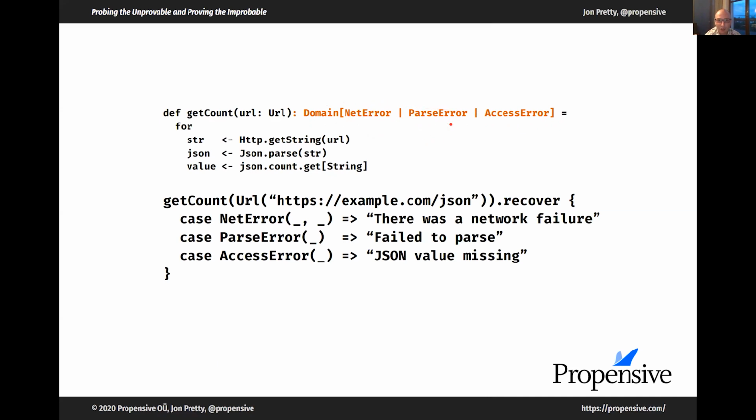We would need to have a corresponding sealed trait. And if HTTP comes from one library and JSON comes from another library, that sealed trait simply can't exist. It can't have subtypes of net error and also subtypes of parse error and access error if they're defined in different files, let alone different libraries. Scala 3 gives us that opportunity.